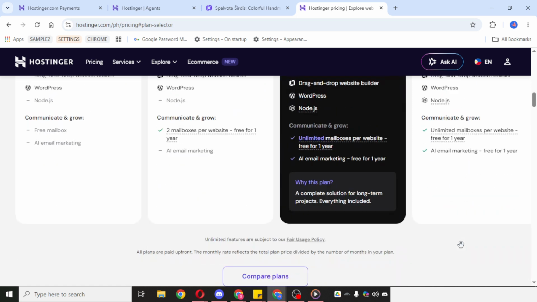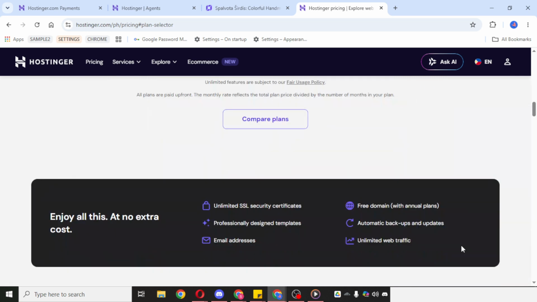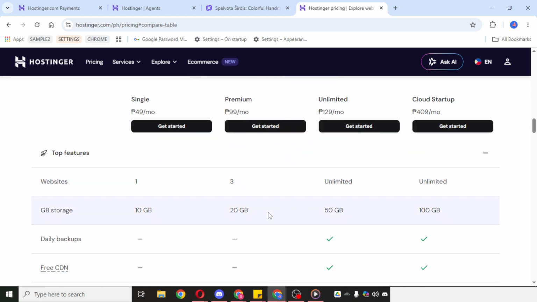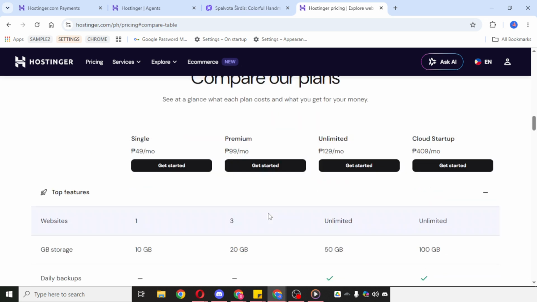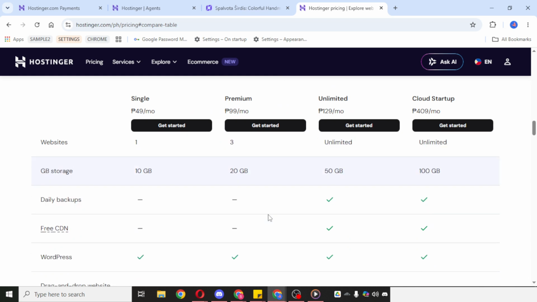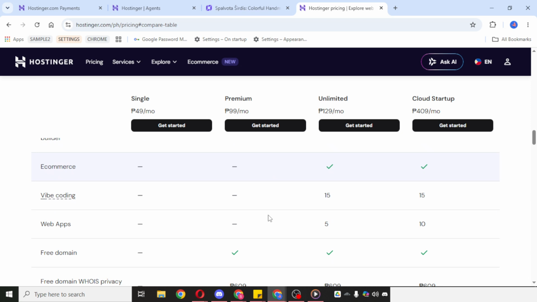Feel free to read through all the information shown under each plan. Don't rush this part. Comparing the plans carefully can help you avoid choosing something that's either too limited or more than you actually need. If the page highlights benefits, storage, performance, or support options, use that information to guide your decision. Once you've decided which plan fits you best, simply click the Choose Plan button underneath that option.